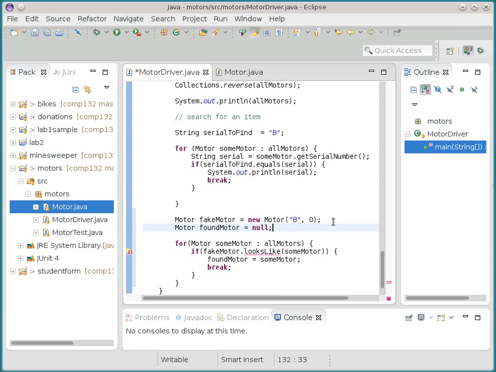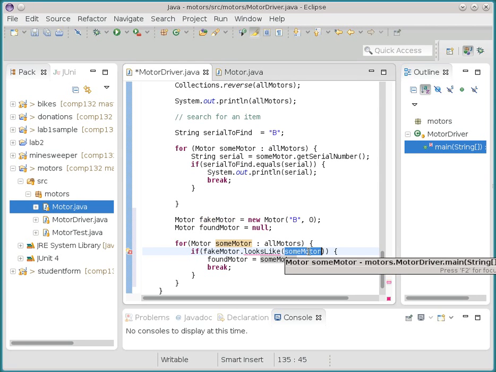Okay? So I made a fake motor that looked like the one I wanted to find. I made a variable that was going to keep track of basically found or not found, the actual motor. And then I go through all of the motors, and I take the fake motor and introduce it to each one of the motors, the other motors in turn that's on the list, and ask the fake one, hey, do you match the one that's on the list? Okay, so that